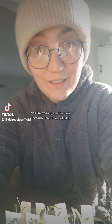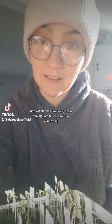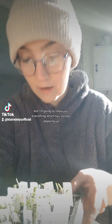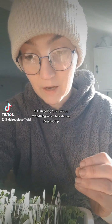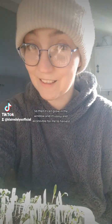Yes, I'm wearing a hat indoors because that's how cold it is, but today I'm going to have a look at all the different seedlings that have germinated and which ones I'm going to be moving into tin cans for the windowsill. So I have a lot of herbs in here, I have some veggies, there's nothing in here which is a tea, but I'm going to show you everything which has started popping up and now really just needs moving into a bigger tin can so then it can grow in the window and it's easy and accessible for me to